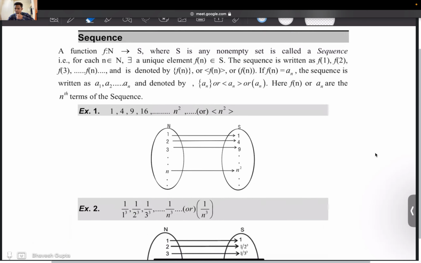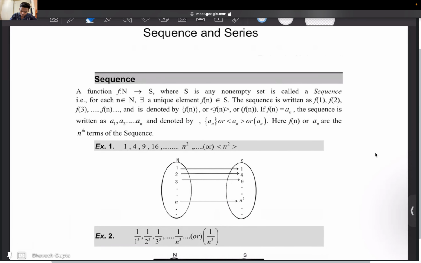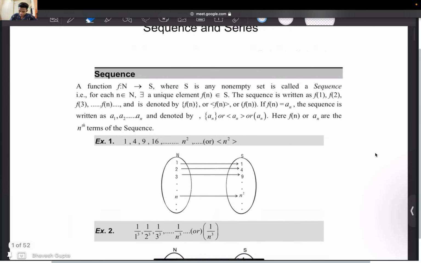So first I would like to tell you what we mean by a sequence. As the professor said in the class, the definition for the sequence